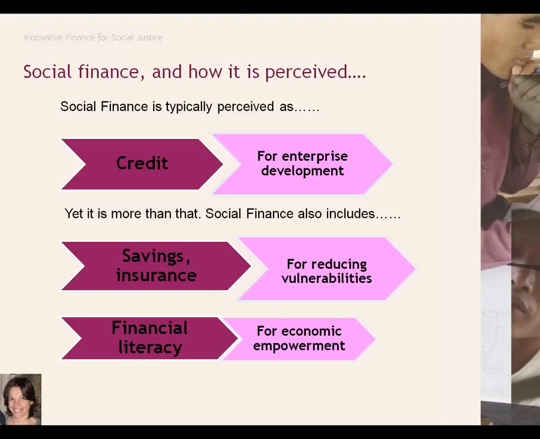Another way of looking at social finance is also to empower people through training them, so through providing financial literacy. And this is also often overlooked. Yet it's very interesting because it's a way to empower people to make better use of the money they have and to protect them from falling into a debt trap. Some products and some loans can be too costly or just not suited for that person with that level of income. So there's a risk that people become indebted. And we have seen examples of that in the developed world as well as in the developing world. So this is a very topical issue, and this is something that we in social finance are putting more focus on.